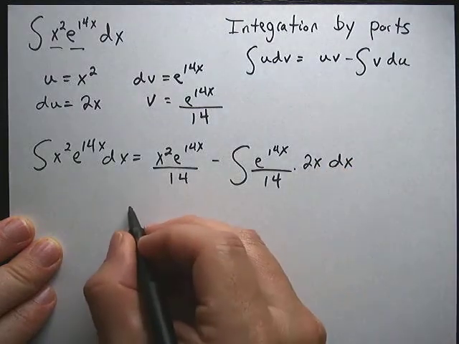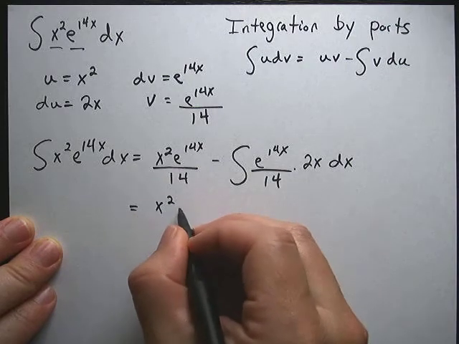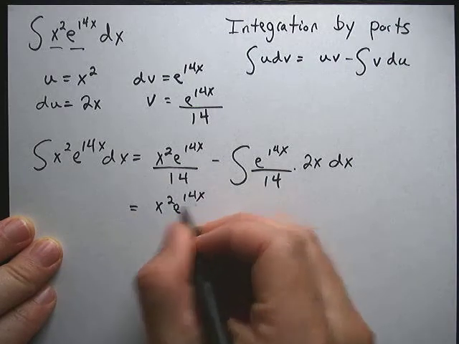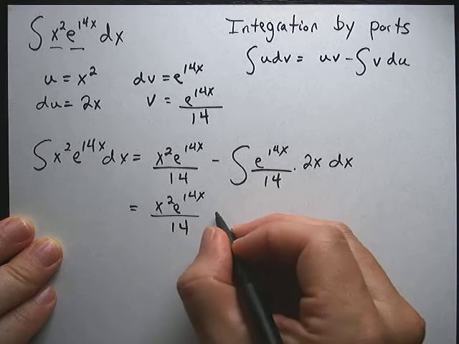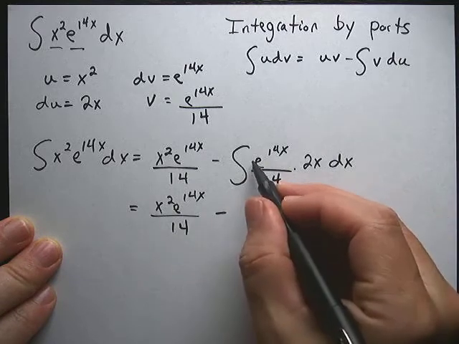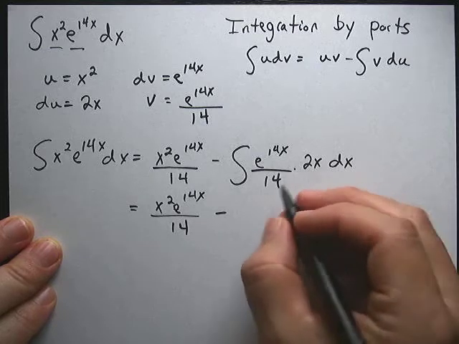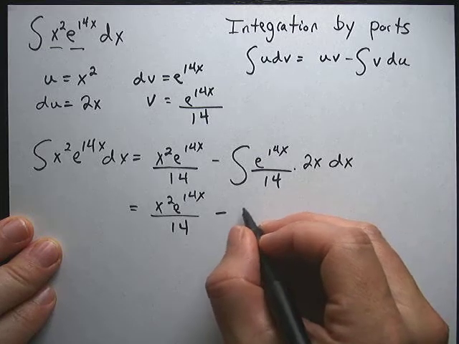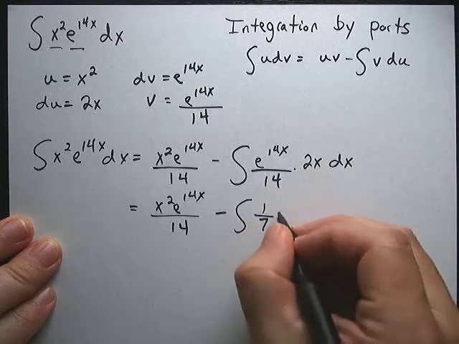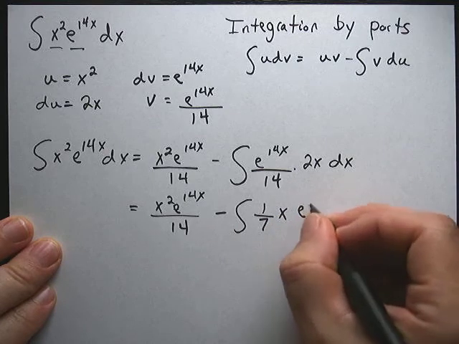Let's clean that up a little. The first one is fine, x squared e to the 14x over 14, minus, we can put the x right here, the 2 and the 14 reduce to 1 over 7,